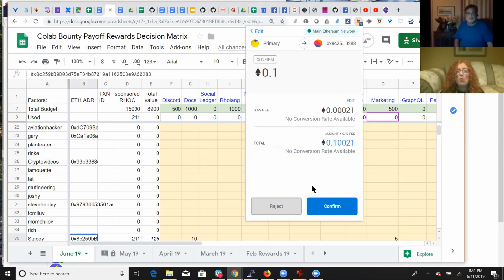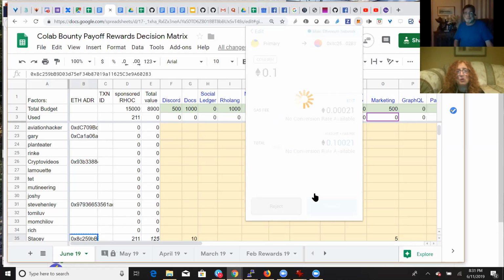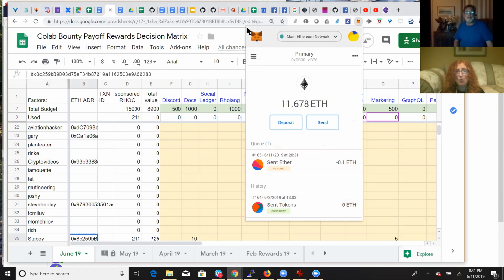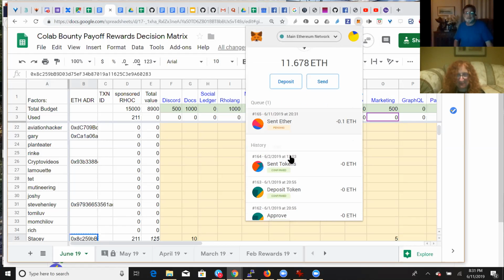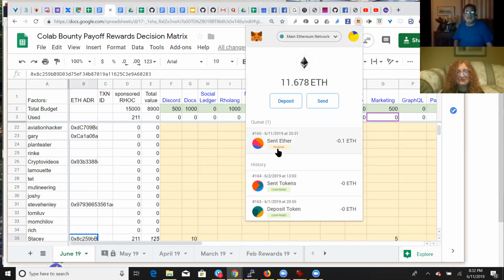So that 0.1 that you just put into my account, that came from the Collab Bounty Payoff Rewards decision? That came from me personally. This is from my primary account. Okay, and I can see that it's pending here. Okay, and so you won't see it yet,